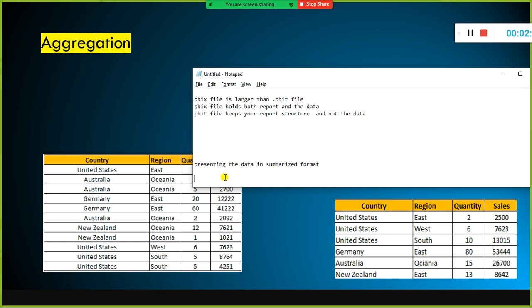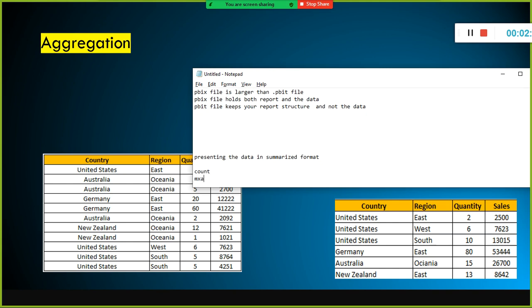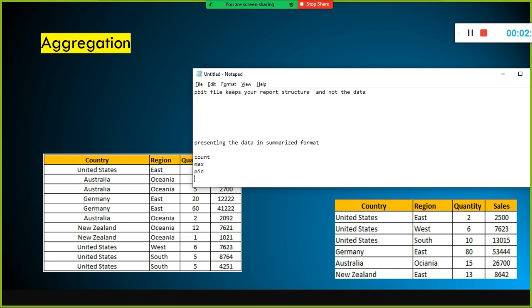There are aggregation functions available in almost all the languages. In Python, and even in any software program, the aggregation functions are available. You have the count function, max function, min function, sum function, and average function.